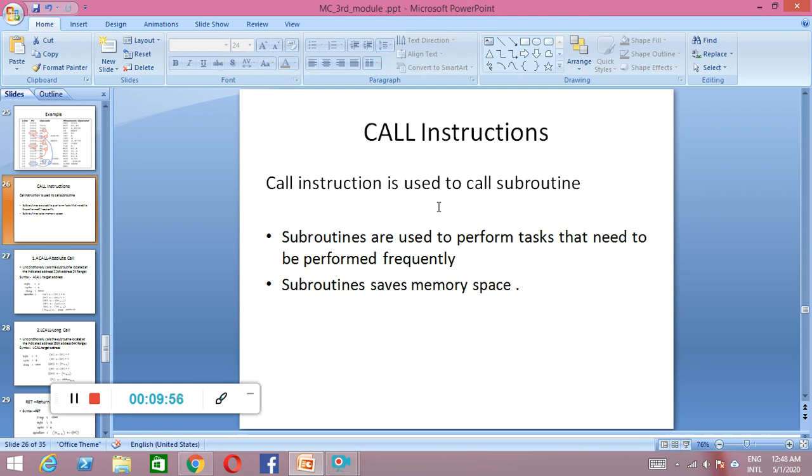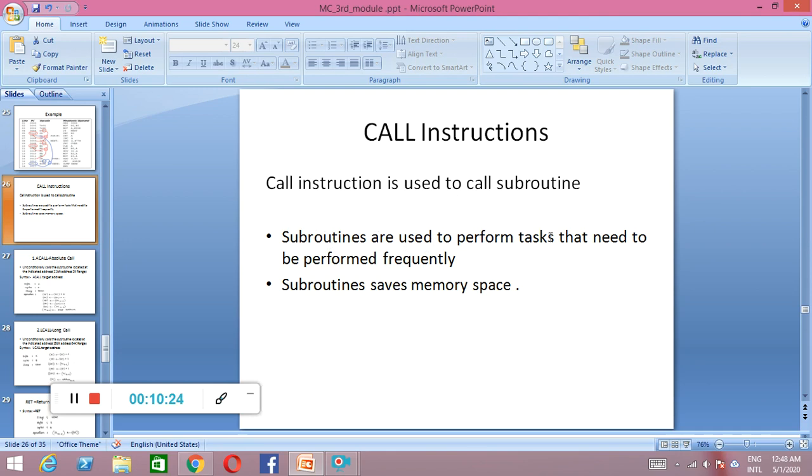So what is the necessity to write the sub program? If you have certain tasks which you want to repeatedly execute, instead of writing the same instructions many times, you can write that instruction or program somewhere else, name it, and call it whenever you require within the program, right? So this is how you write the subroutines or subprograms. Okay, so that's what has been given here.